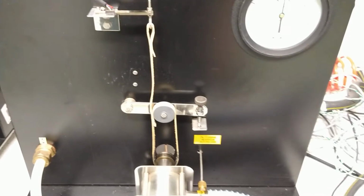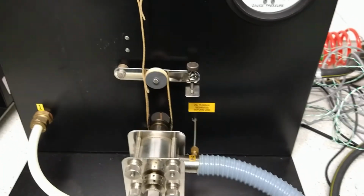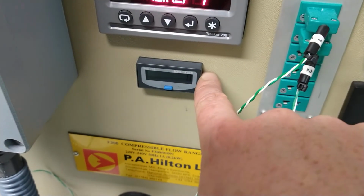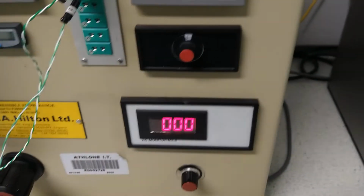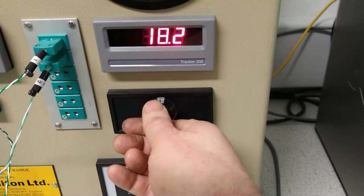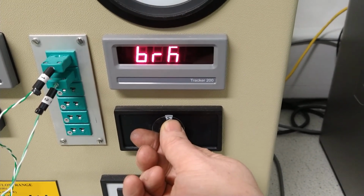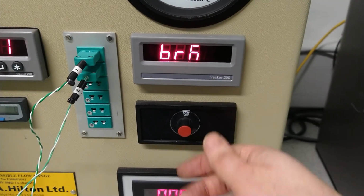So I'll give you the readings for the force in newtons, and from that you can calculate the torque in newton meters. I'll give you readings for the rotational speed of the turbine in RPM and the force in newtons. And I'll also provide you then with readings for the temperature at the inlet and the temperature at the outlet. I've taken readings for those separately, so I'll provide